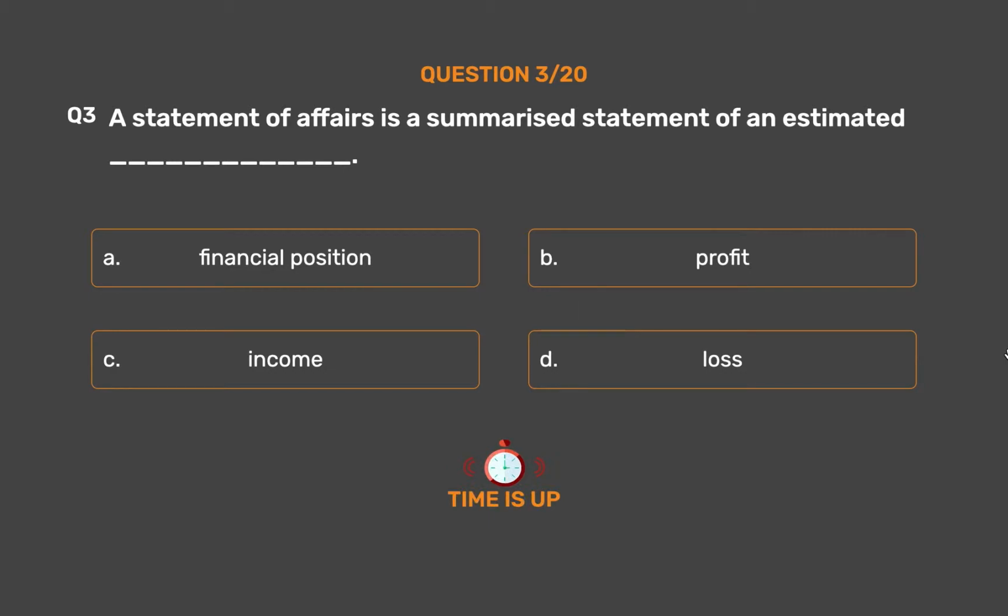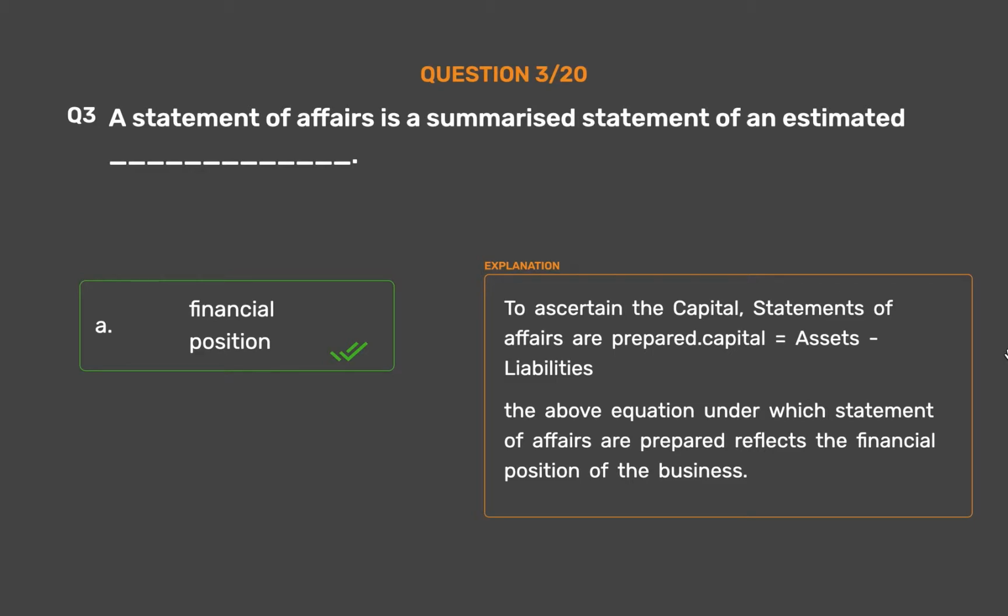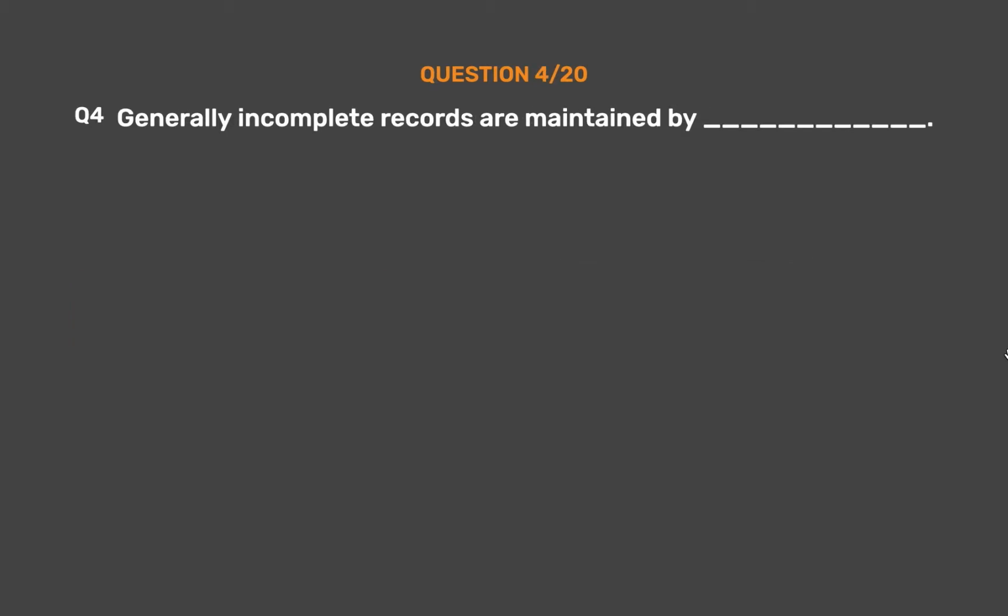The correct answer is Option A. Financial position. To ascertain the capital, statements of affairs are prepared. Capital equals assets minus liabilities. The above equation under which statement of affairs are prepared reflects the financial position of the business. Question number 4. Generally incomplete records are maintained by